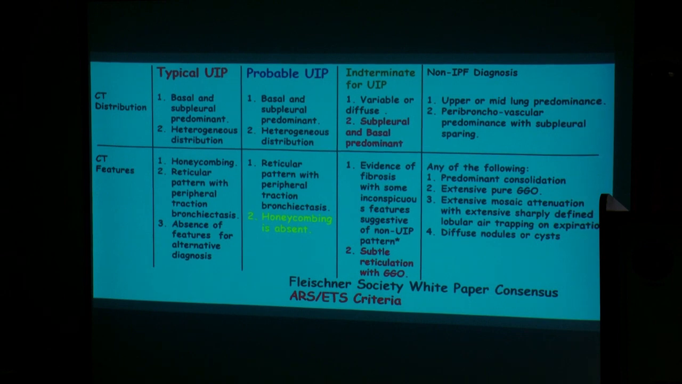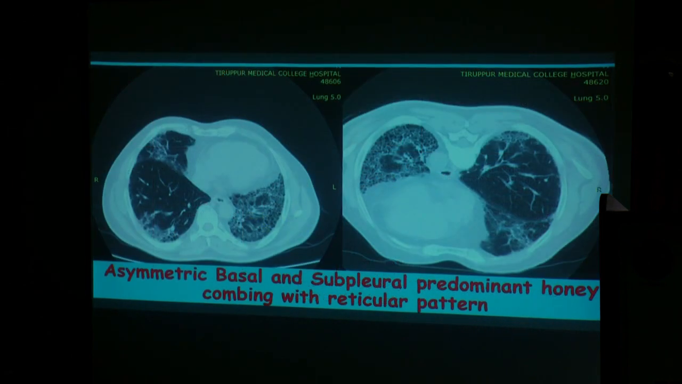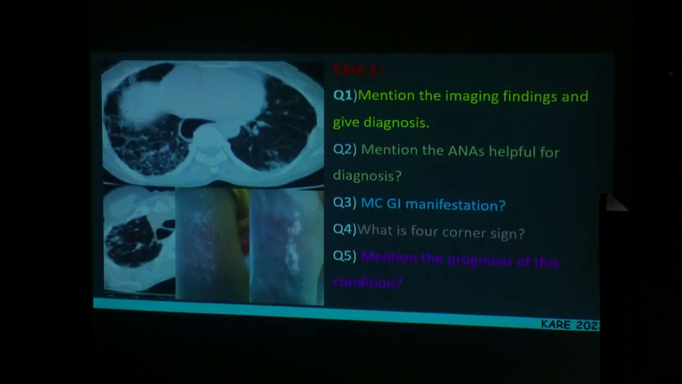It is always mandatory to mention whether it is typical or probable or indeterminate, not just UIP pattern. Next, when there is no honeycombing but all other features of typical UIP, you call it probable UIP. Only honeycombing is absent. You have basal subpleural predominant reticulation with traction bronchiectasis. So this is a case we received last week. He is a 70-year-old gentleman who is a chronic cigarette smoker, and